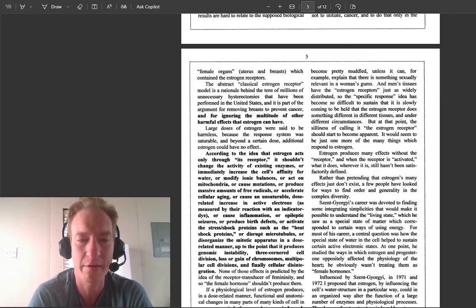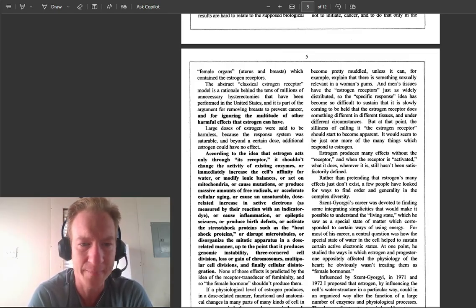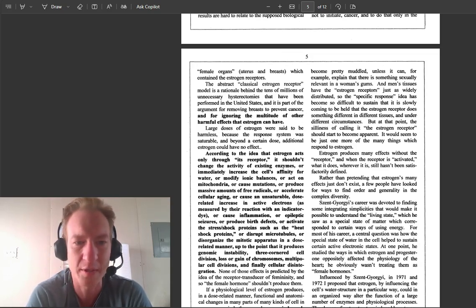And then we have quite a bit here in bold. According to the idea that estrogen acts only through its so-called receptor, it shouldn't change the activity of existing enzymes or immediately increase the cell's affinity for water, all right, edema, or modify ionic balances, or act on mitochondria, our entire metabolism, or cause mutations, or produce massive amounts of free radicals, or accelerate cellular aging, or cause an unsaturable, dose-related increase in active electrons as measured by their reaction with an indicator dye, or cause inflammation or epileptic seizures,